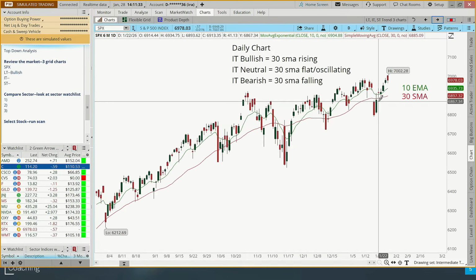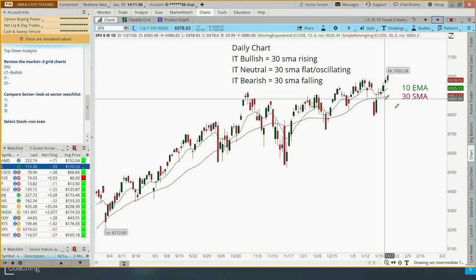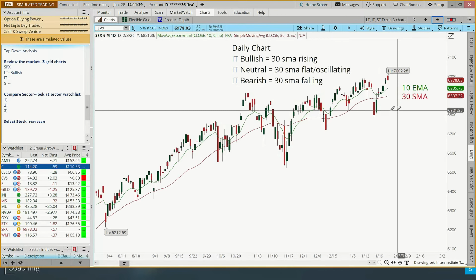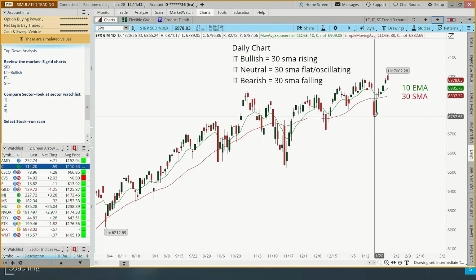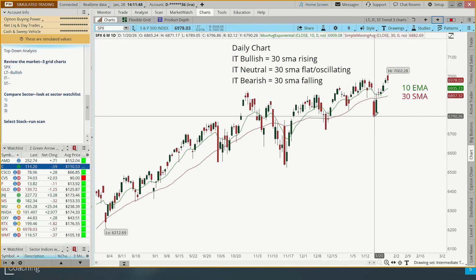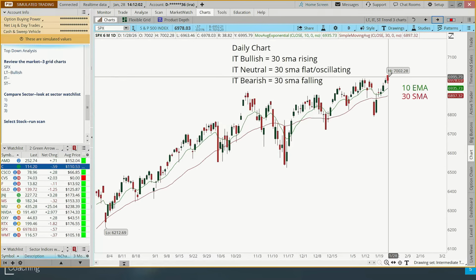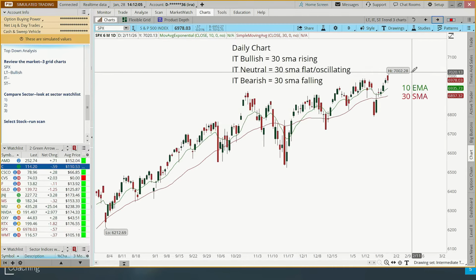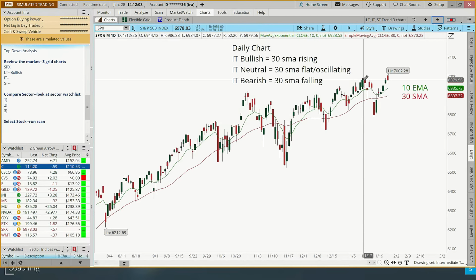It was kind of oscillating a little bit, and this one takes a little bit more analysis. But if we look at the last low that we had here on the SPX, it was actually a lower low. Do you guys see that? So we're coming off a lower low in the trend, and the way we define a trend is higher highs and higher lows as an uptrend, lower lows and lower highs as a downtrend, but a combination of those, like lower low, now we have a higher high, right? Intraday, we had a higher high. In fact, an all-time high, 7,000 on the SPX here. We didn't close there. Looks like we're closing about the highest we've done right there, pretty similar.